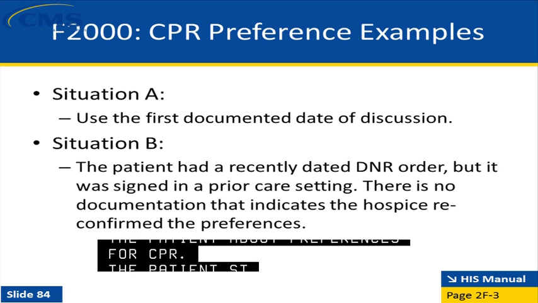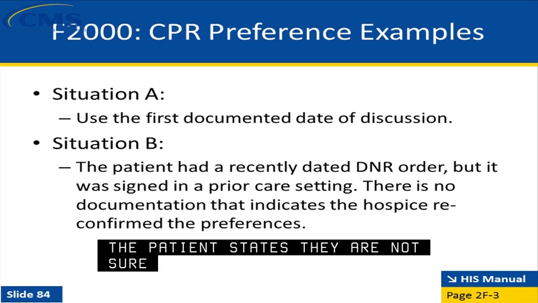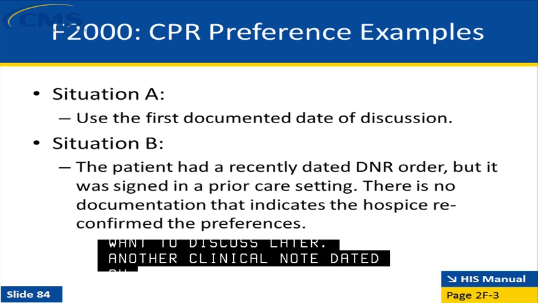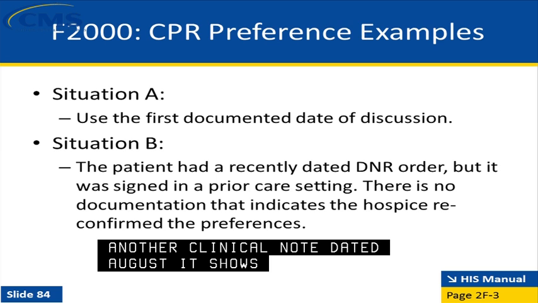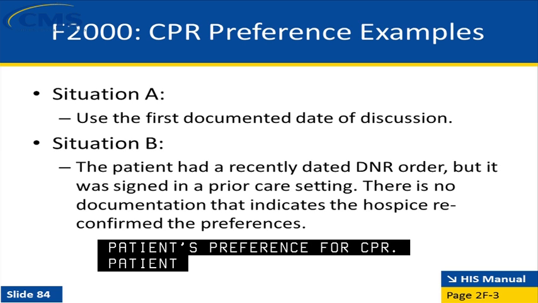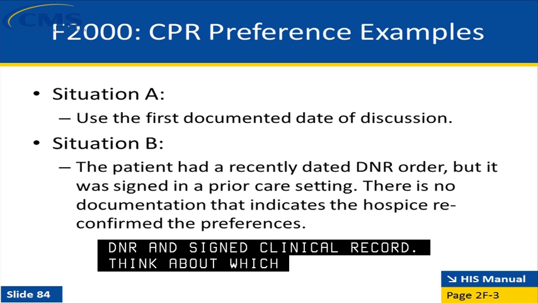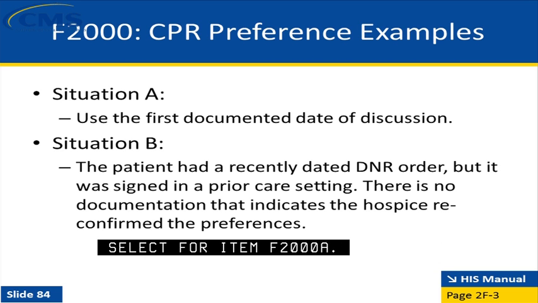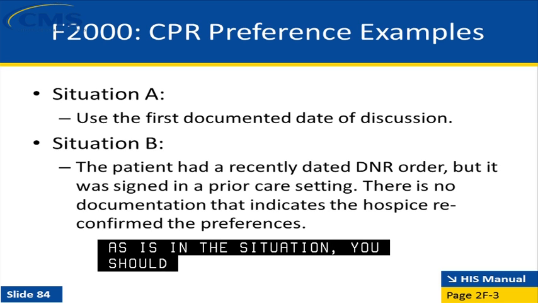Another clinical note dated August 5th shows, discussed patient's preference for CPR. Patient stated preference for DNR, DNR order signed, and in clinical record. Think for a moment about which code you would then select for item F2000A. So in this situation for F2000A, you should select 1, yes, and discussion occurred, because although the patient did not